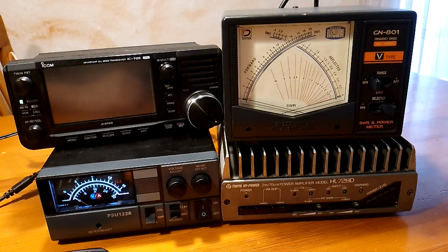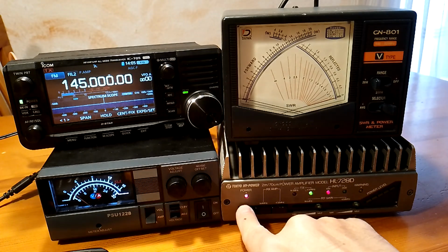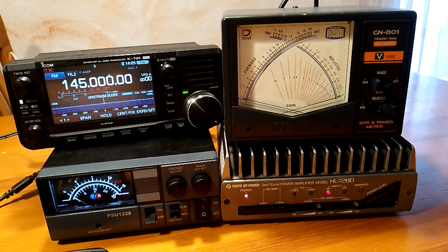We have 13.8 volts, and this is a CN801 Daiwa meter. The 705 is in FM. We are going to test it in FM, and let's see if we can have some time for SSB. But anyway, so we can switch on the nice 7 to 8. On the 7 to 8 you have